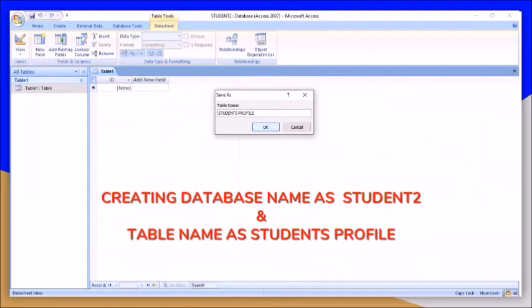So I had given here table name as student profile and I will click on OK. When I click on OK, instead of table 1 there will be student profile. So first table name will be created as a student profile.